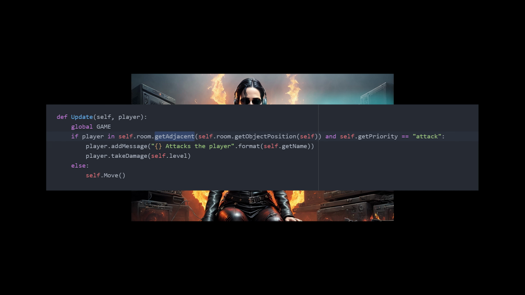The first thing we're doing is we are now taking in the player as a parameter. I actually put game in here when I was testing something, so you don't need to put the global game line in your code. It will work just the same without it. And what we're doing now is we're saying if the player, which is the player that we've passed in as a reference, is in the self.room.getAdjacent, in other words, whatever is returned from the getAdjacent method when we pass in get object position self. So we're saying to the room class, wherever I am in this room, tell me what is in the adjacent cells. If the player is within those adjacent cells and our get priority is still attack,